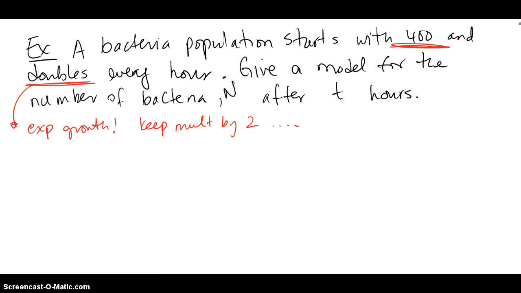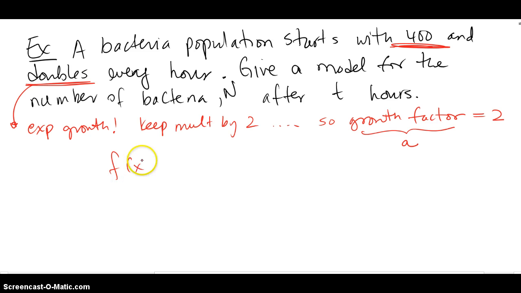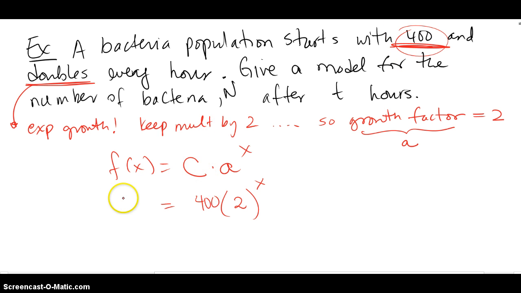So the growth factor a is 2 because your bacteria keep doubling. So if I'm looking at f of x equals c a to the x, I already know the growth factor to be 2 because the bacteria keep doubling. And I also know how many bacteria we started off with. We started with 400, so my model is going to be f of x equals 400 times 2 to the x,